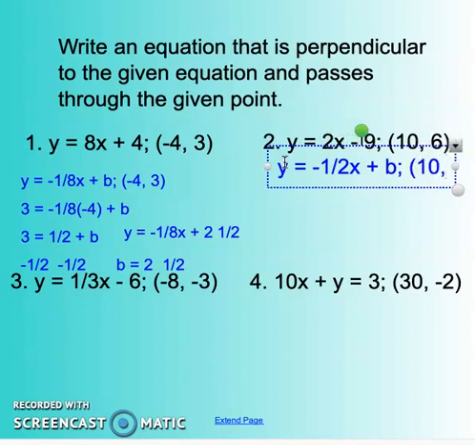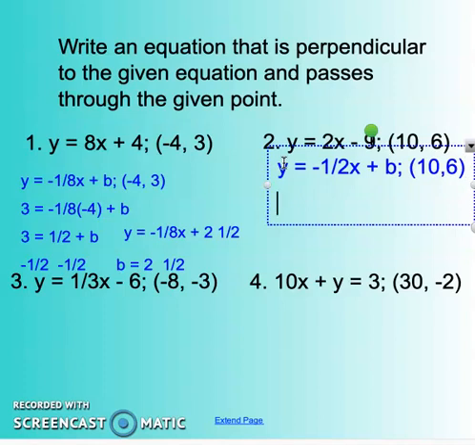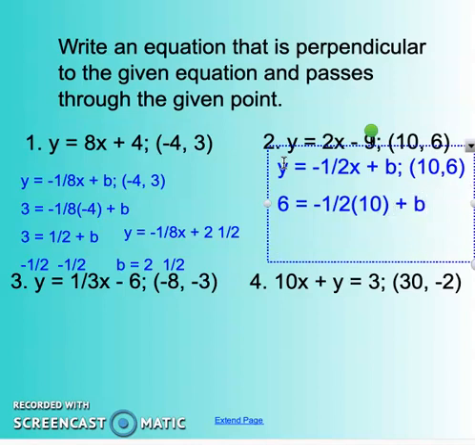And then we're going to put 10, 6, because we're going to use that to figure out what the b represents, or what our y-intercept is. So just like we did in the last one, let's plug in 6 for y, and then we're going to plug in 10 for x, and plus b. Okay, so we have 6 equals, if I take a negative 1/2 times 10,